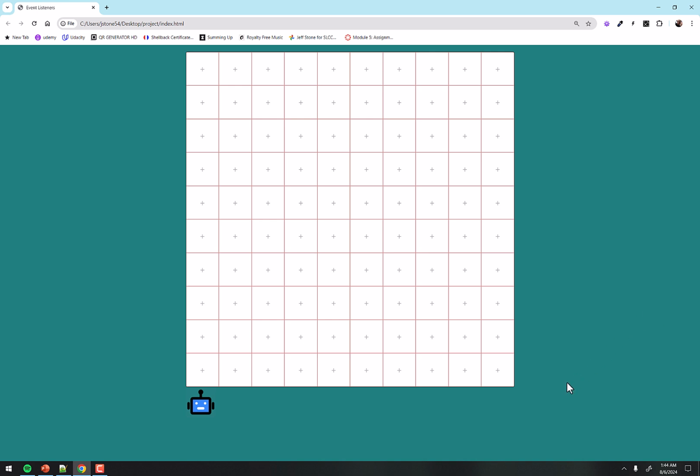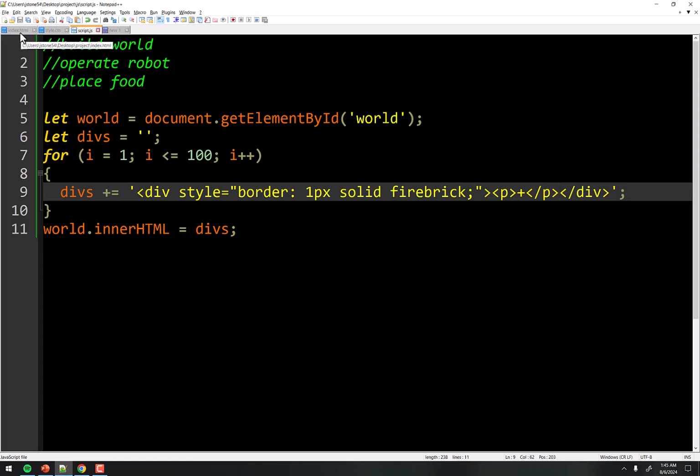So next up, we got to get the robot into the world, right? Right now he's in his own little home, which is sort of outside of the world. And we want to position him in that bottom left square there. Well, I happen to know exactly how far away from that square he is. I did the calculation by just goofing around playing, and it's exactly 100 pixels. So we're going to change the robot's top property to equal 100. It's actually negative 100. We're going to move his top up negative 100.